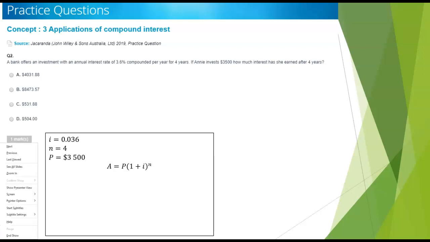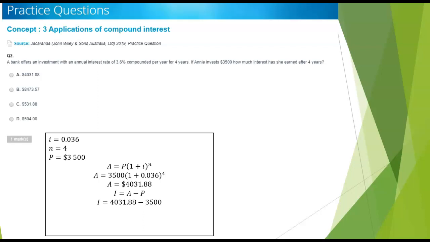Write down our formula. Substitute in for our formula. Work out the answer. So $4,031.88. But the question says how much interest has she earned, not what the future value was. So you have to work out how much interest she's earned, which is